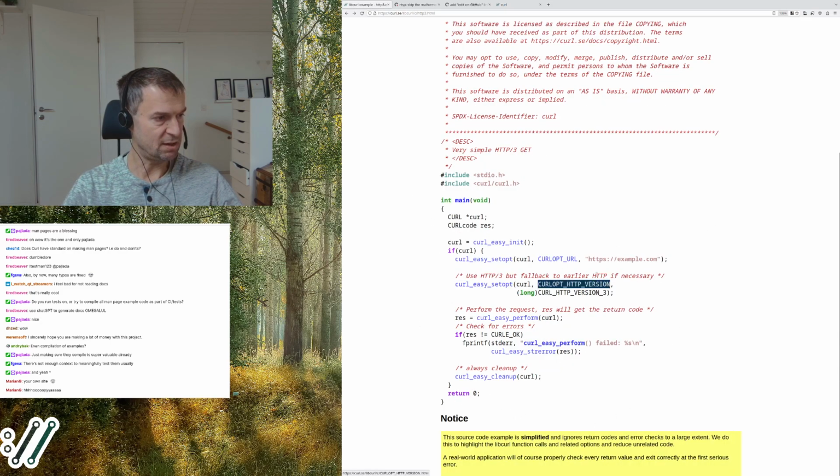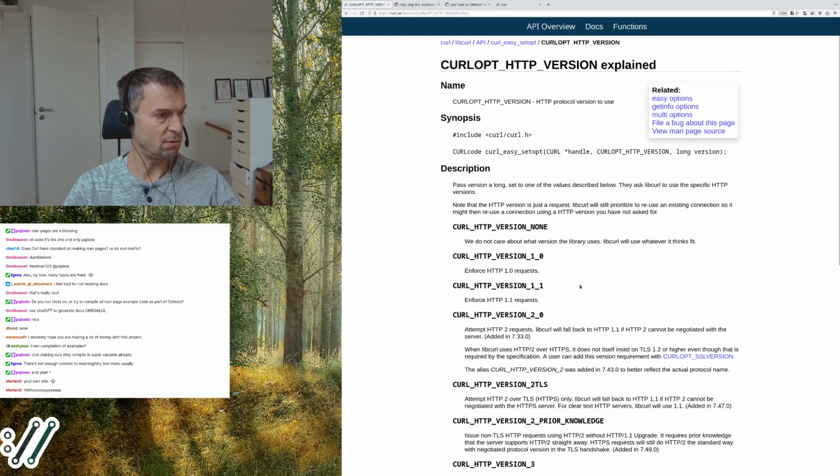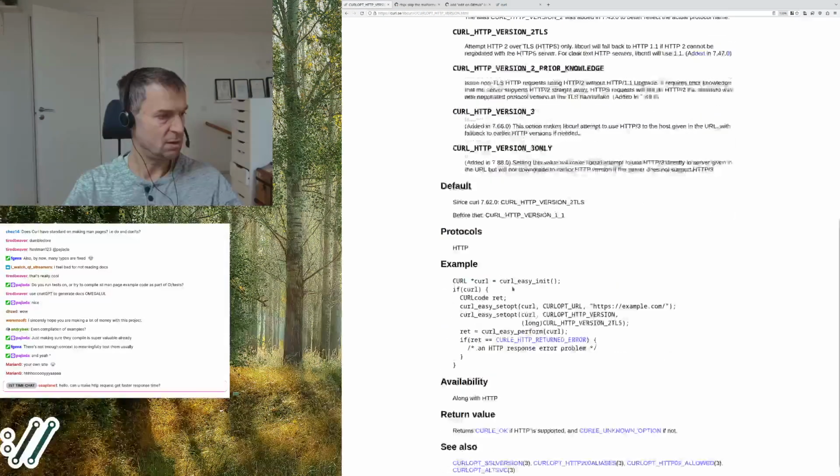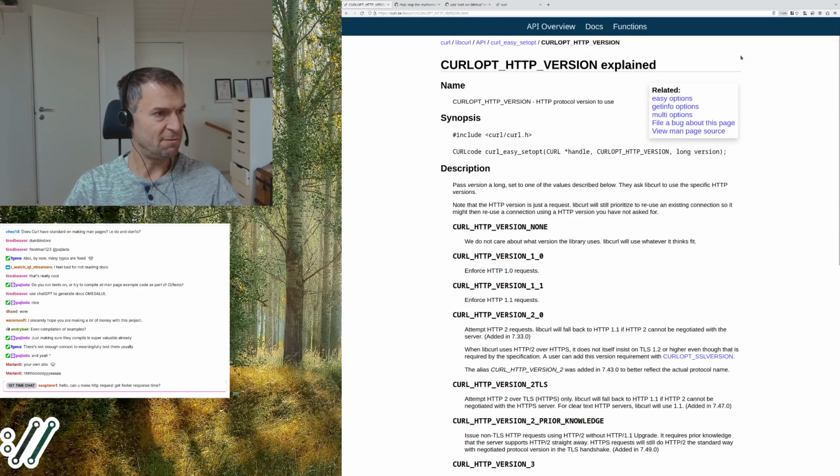Here's a very basic way to do an HTTP3 call, right? So, oh, wait a minute, this sets the HTTP version. So you want to check, oh, I want to read up about this option. So that's why we have many man pages, right? Because every curl easy setup option has its own man page. So here you can read about it. You can set different versions, and all of this.